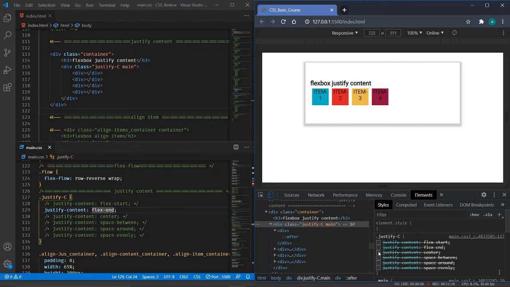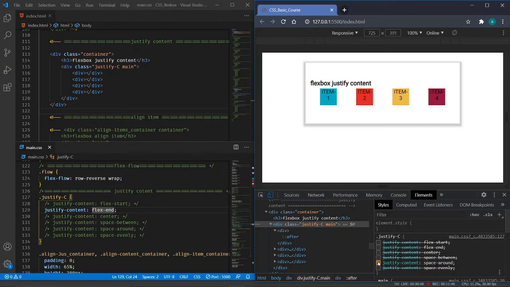If I'm having center, the item will be placed at the center. Space between, this is the most important thing. We can have the space between the items, so the end and the start item will be included. If you want some space there too, then we should go with the space around.